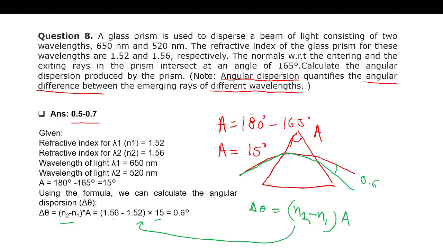Suppose you have the apex angle of 30 degree, then what could be the answer? So you need to just change this value and you will get the value here, 1.2 degree. It may be possible you can go up to more, 60 degree also, if all the angles of the prism are 60, 60, 60, so 120, 180. So you'll get the maximum of 2.4 degree of angular dispersion. Okay,